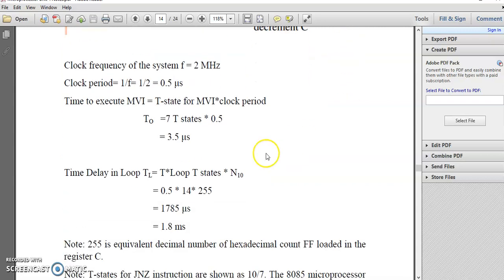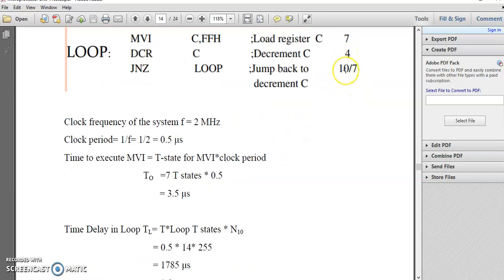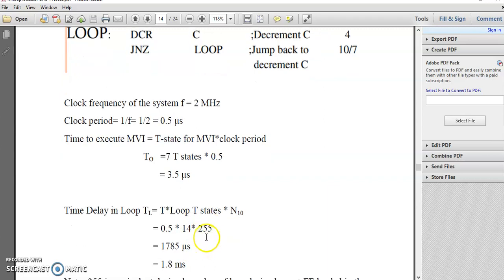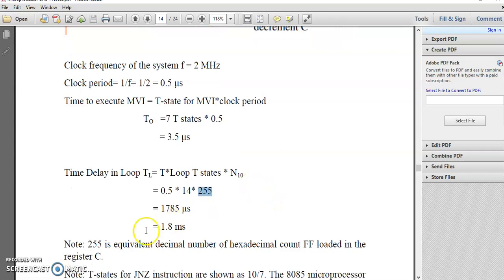The time delay in the loop will be calculated as clock period into loop T states. We require 4 plus 10, 14, into 255 total iterations. 255 is the decimal equivalent of FF loaded in the C register.